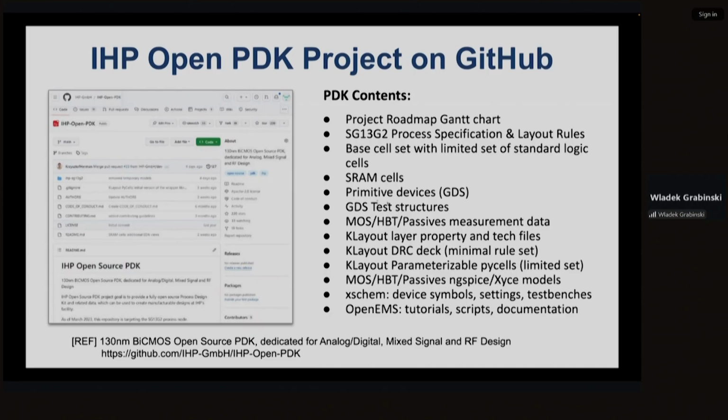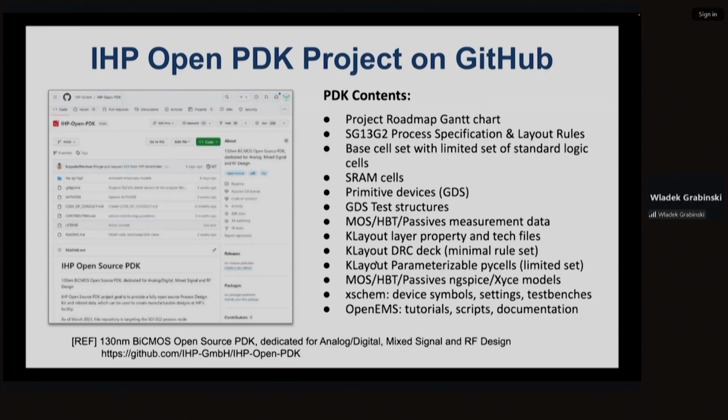There are primitive devices for all elements, including active and passive components like MOSFETs and bipolars. We also include reference measurement data, so you can verify device performance.